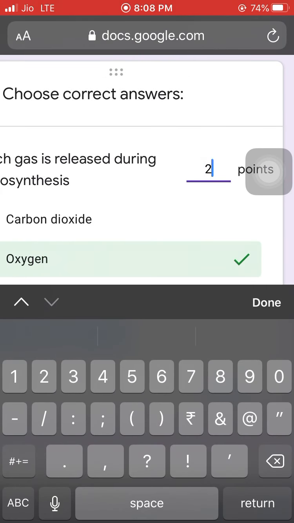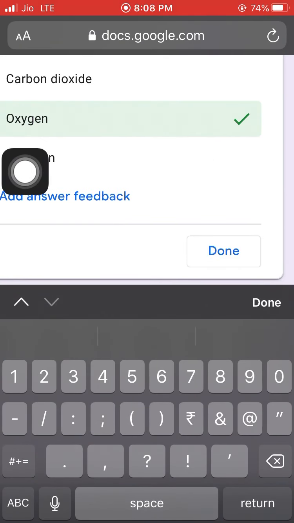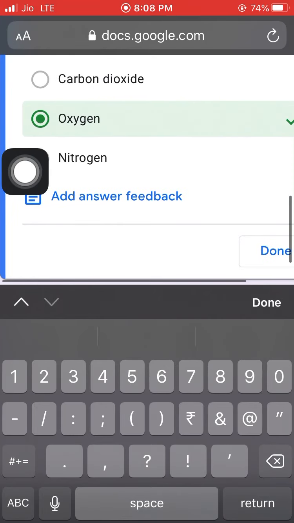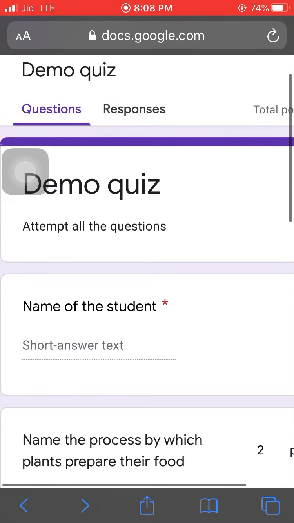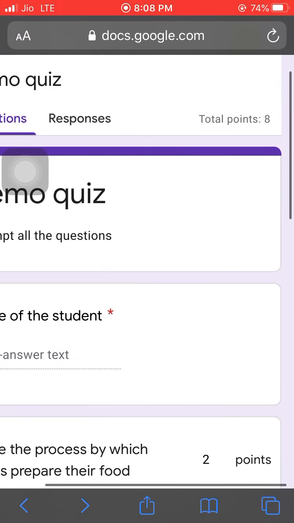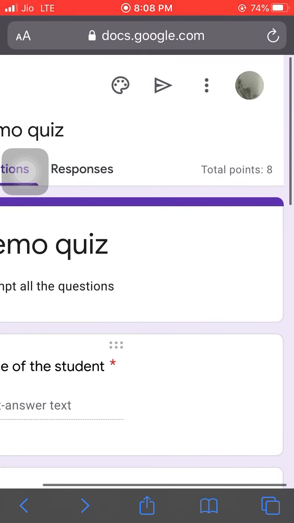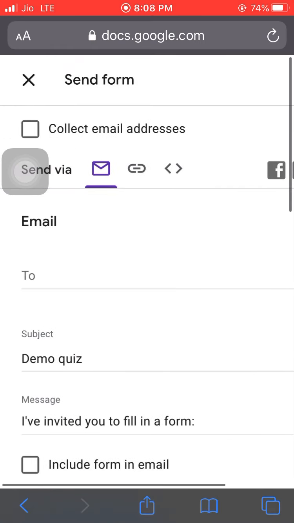I will mark this also as 2 points. I am giving 2 points for the correct option. So like this my quiz is saved. Now I have marked all the correct answers, and now I will click on this arrow type of button, and from that I can send it by email, but